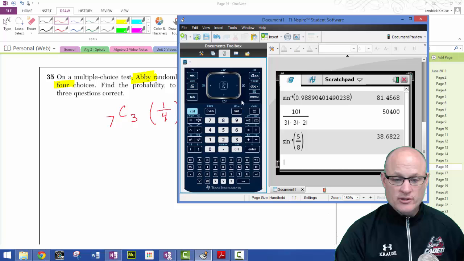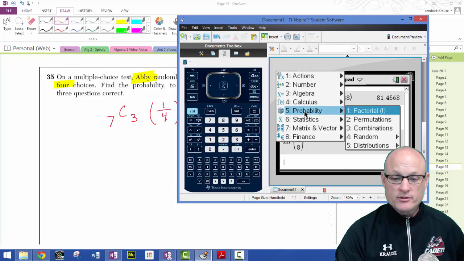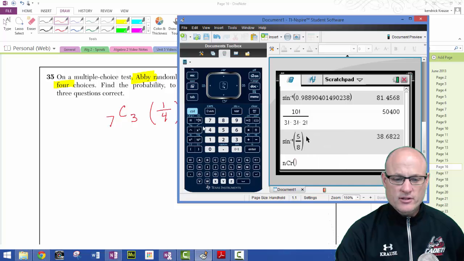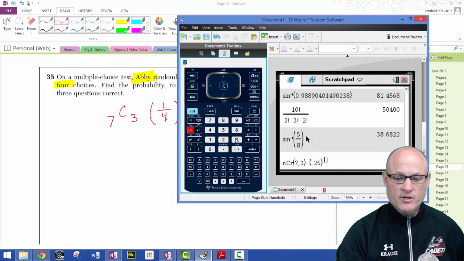So I'm going to go into menu, probability, combinations, 7, 3, parentheses times parentheses. And I can do 1/4, but I'm going to do 0.25. Same thing. Raised to the third. Careful to get out of the exponent mode right here. Parentheses 0.75 raised to the fourth power. And this should give me